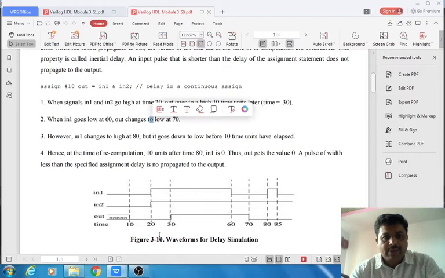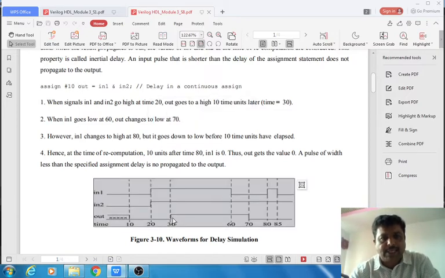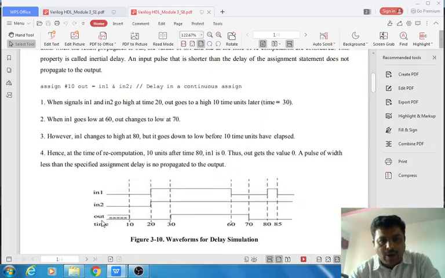When the new values for both inputs in1 and in2 change, the corresponding statement is going to execute, and the computed value is assigned to the output only after a delay of 10 nanosecond. Here 20 plus 10 is 30. So when the simulation time reaches 30 nanosecond, the new value of the output signal is updated. Okay.